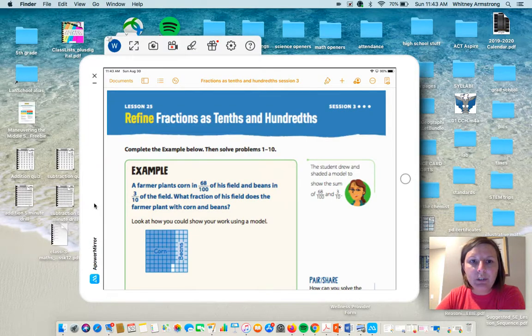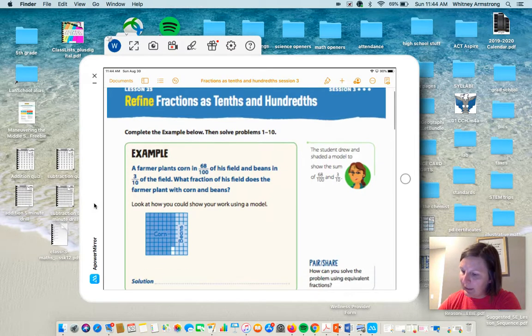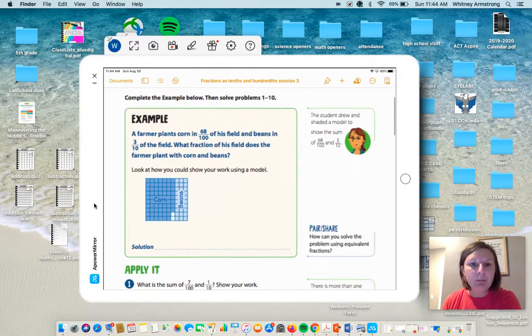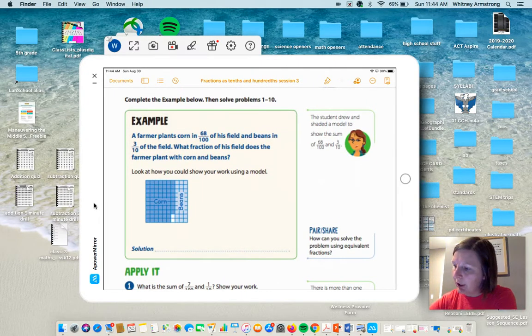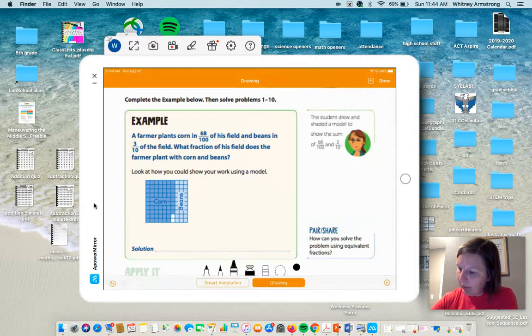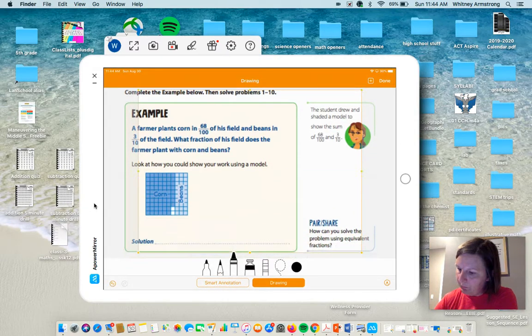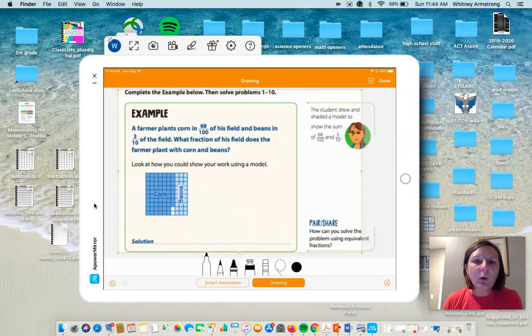So here is what you should see. It'll say refine fractions as tenths and hundredths at the top. And so we're going to look at some examples. We're going to look at this example problem first, that's on the very first page here. So let me get all set up here. Okay, all right, now, this says a farmer plants corn in 68 hundredths of his field and beans in 3/10ths of